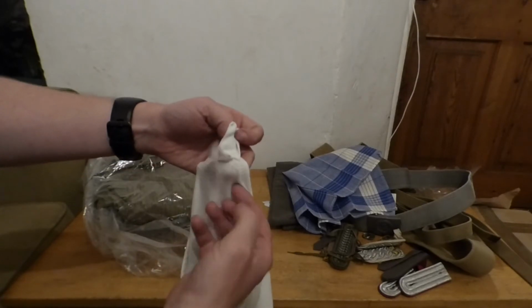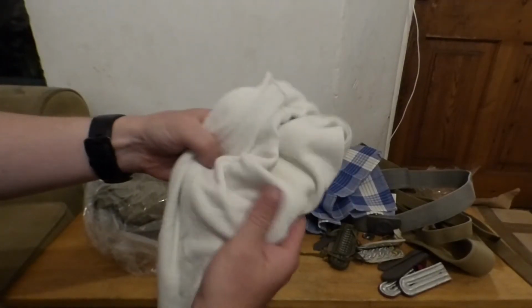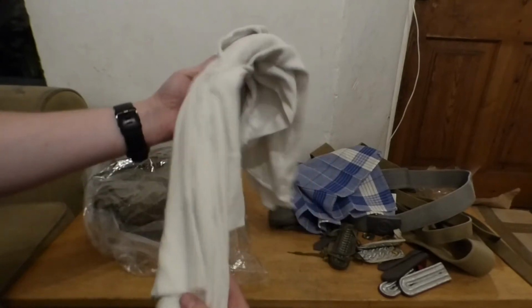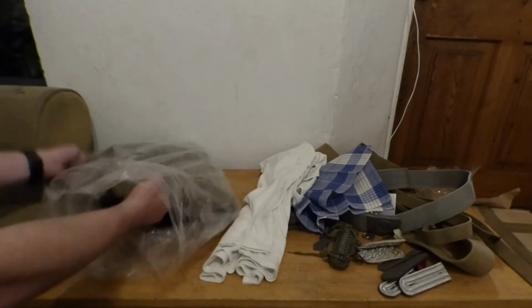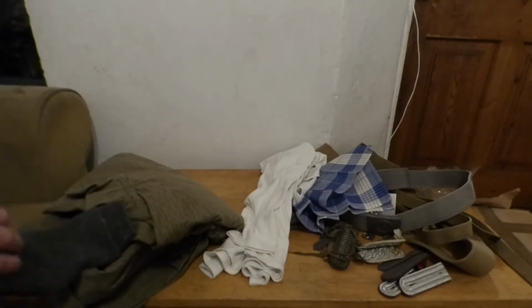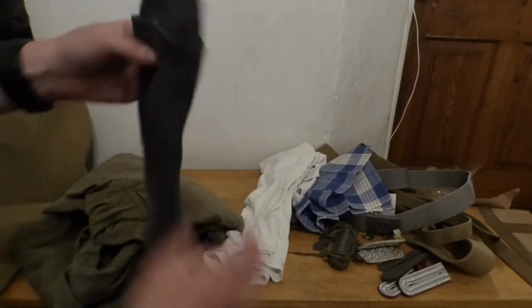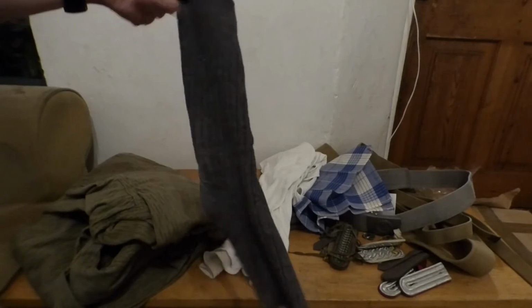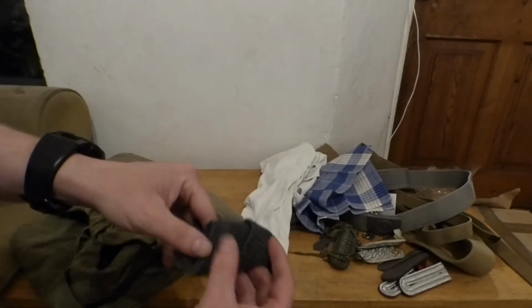Yeah, NVA, East German. A little undershirt, just a white shirt. Very nice. It actually feels like cotton. It feels very comfortable. And in here we have a pair of socks. Very handy. Always good to have socks, especially when they're